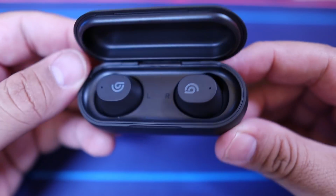And these, like I said, a bit more bass, strong in that sub bass. So if you've got music that has strong sub bass, or like if you're watching a movie with like explosions or like that ground rumble sound,